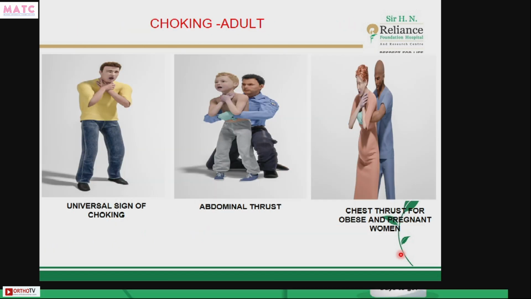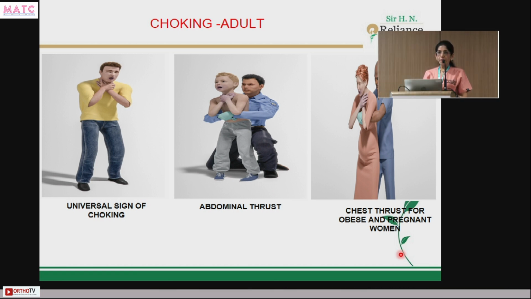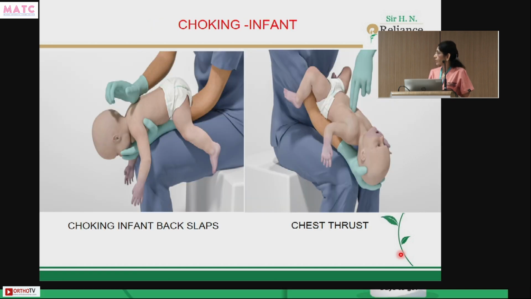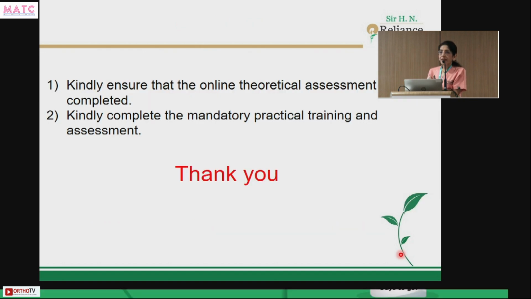Then in case of choking, whenever there's choking, the Heimlich maneuver is practiced, and you can go behind the patient and give an upward thrust so that the foreign body comes out. If it's an obese or pregnant patient, then you just have to give chest thrusts. If it's an infant, you can place the infant prone and then give thrusts at the back. And these are the steps of CPR. So I hope now if you have an arrest or the patient becomes unresponsive in front of you, you know the steps and how to go about it. Thank you very much.